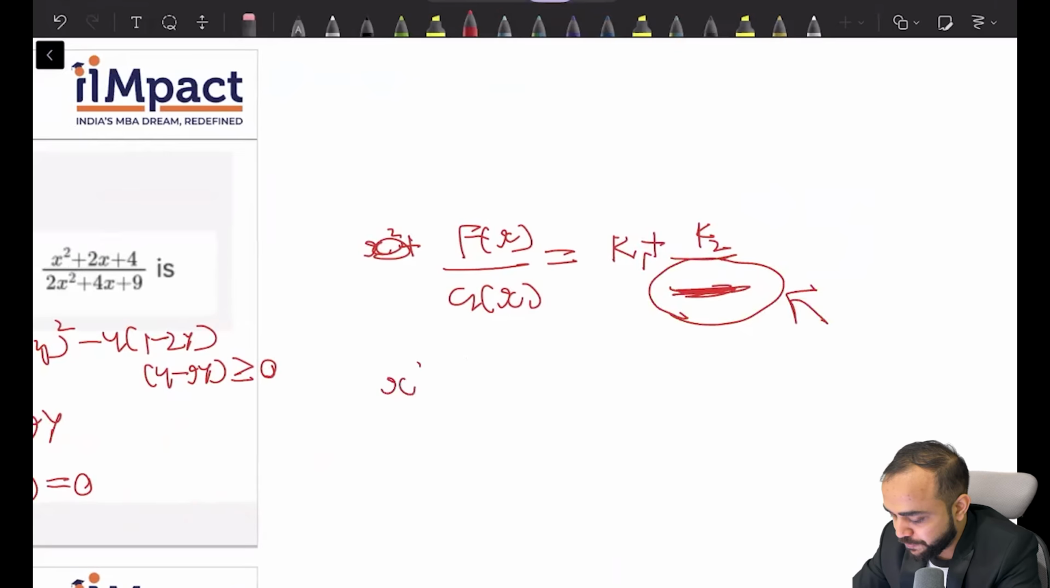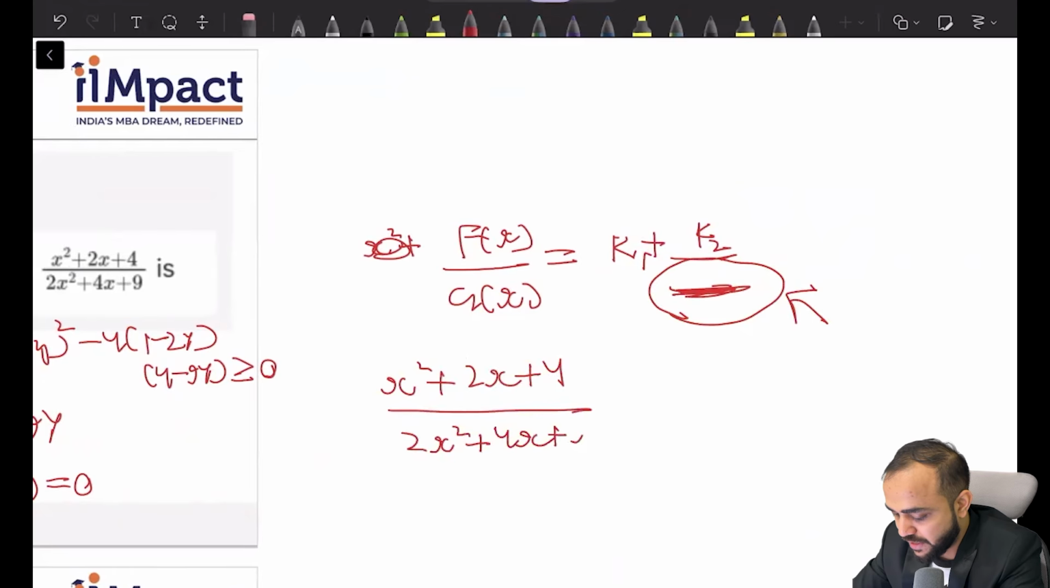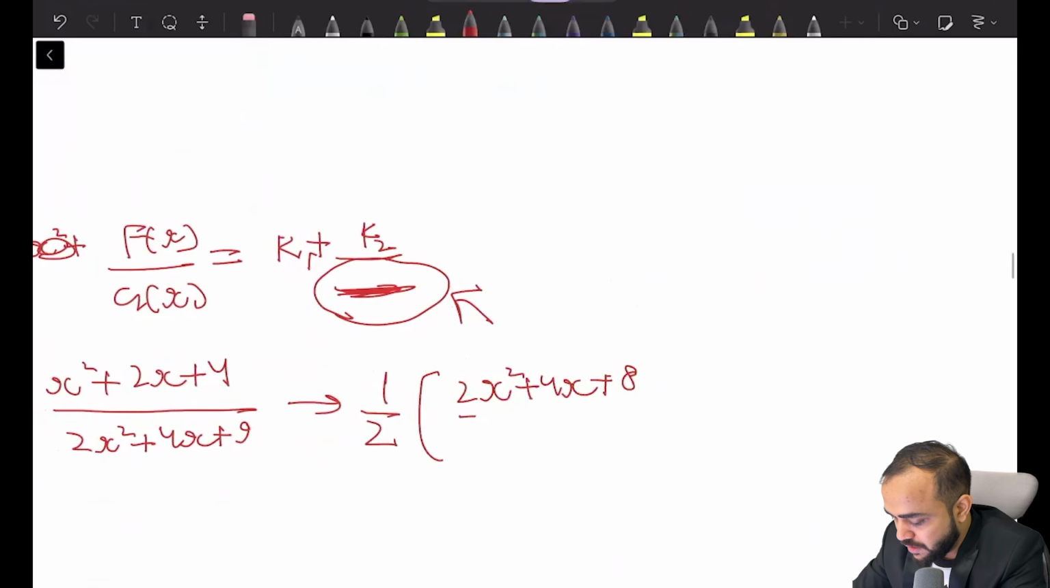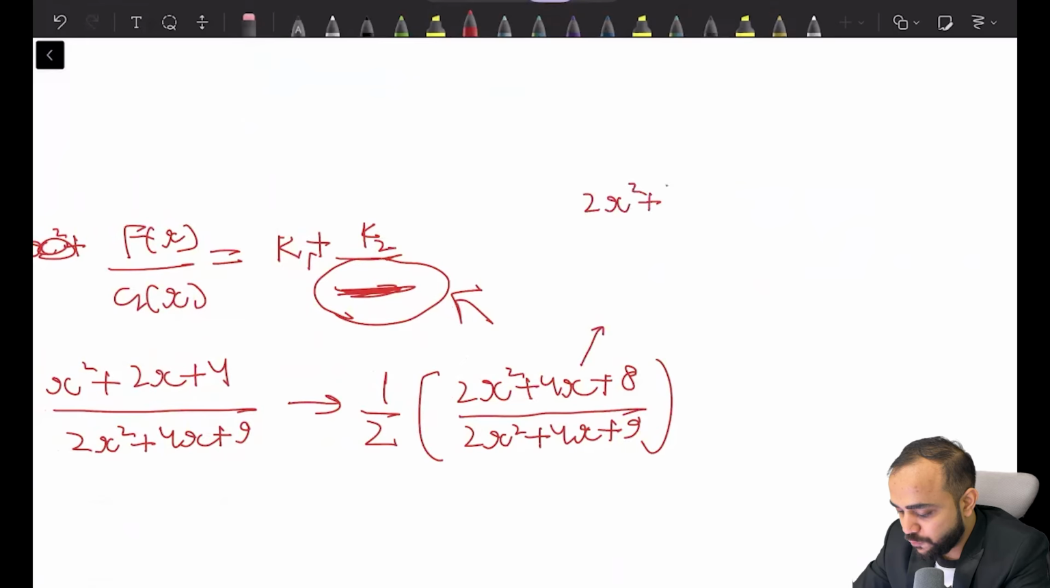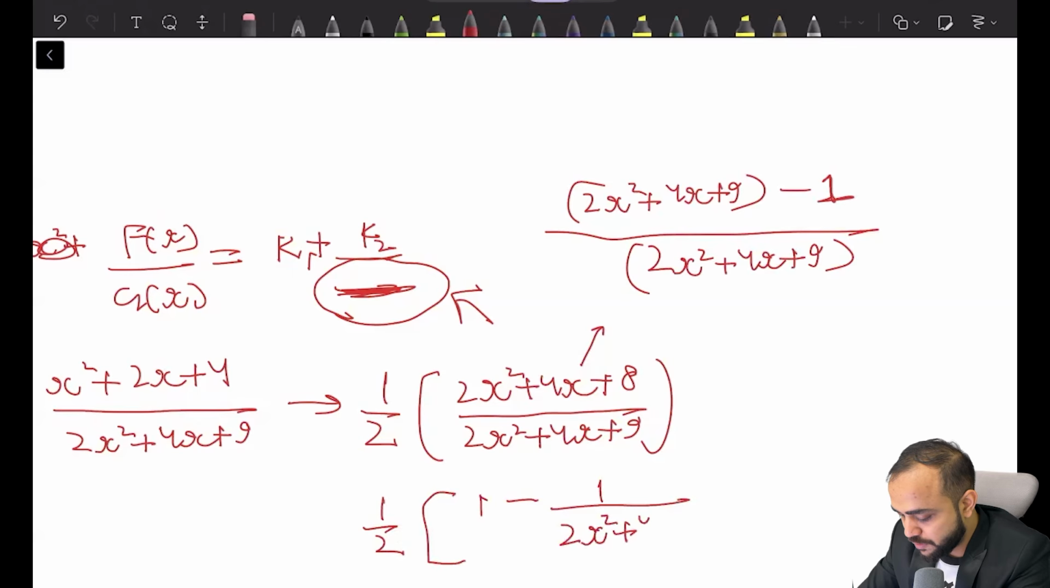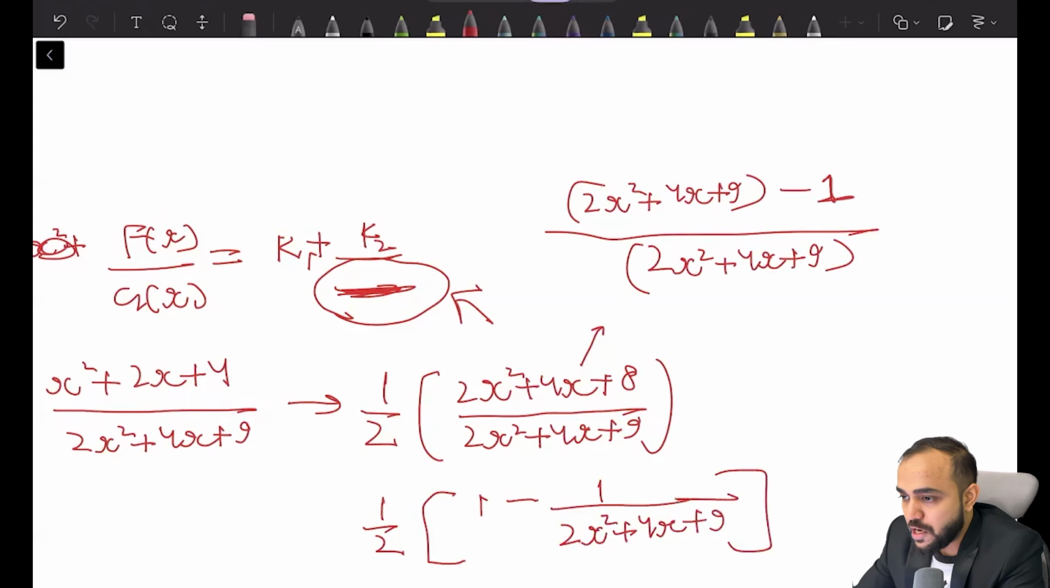I'll show you what I mean. (x² + 2x + 4)/(2x² + 4x + 9). Can I write this as 1/2 times (2x² + 4x + 8)/(2x² + 4x + 9)? Can I write it like this? I can. Can I write the numerator now as (2x² + 4x + 9 − 1)/(2x² + 4x + 9)? And when I separate this, I will get 1/2 into (1 − 1/(2x² + 4x + 9)). Now,